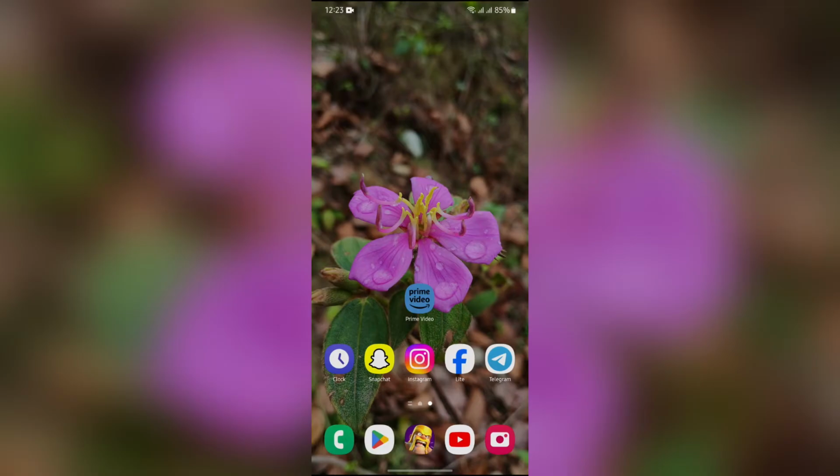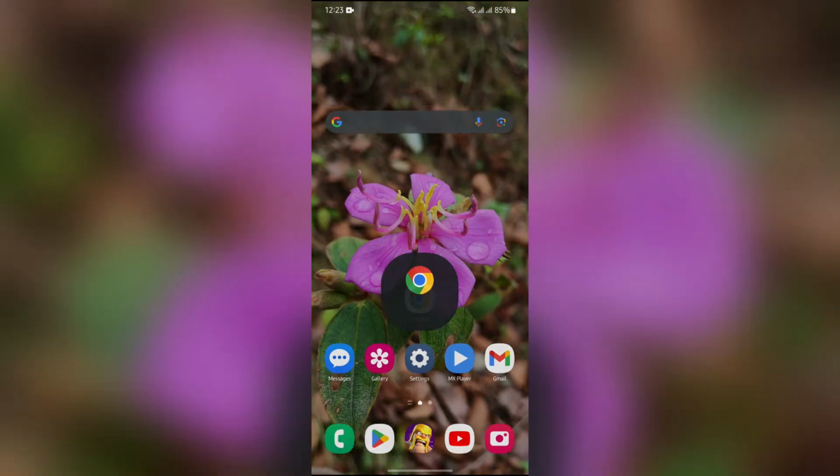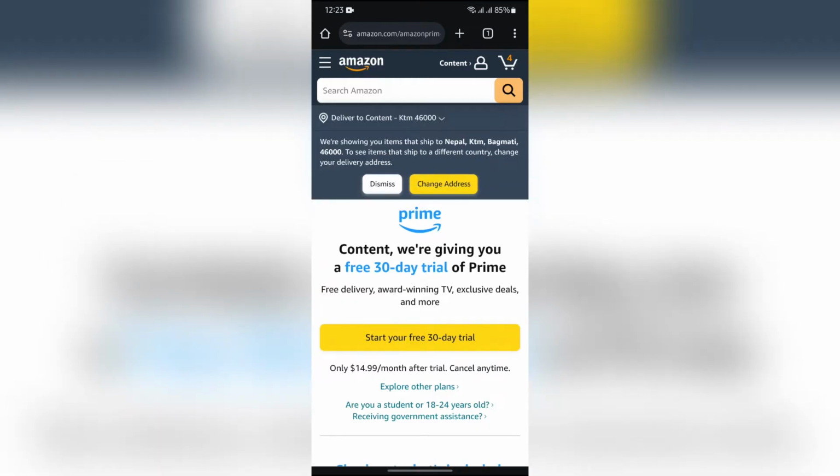In order to change your country in Amazon Prime Video, you cannot do it directly from the Amazon Prime application. In order to do this process, you just simply have to open any of your browsers, and after opening the browser, just simply search for Amazon and open the site of amazon.com. And after opening amazon.com with the same account that you are using in Amazon Prime,